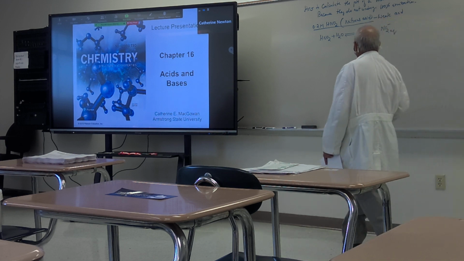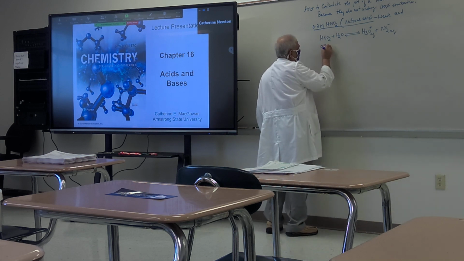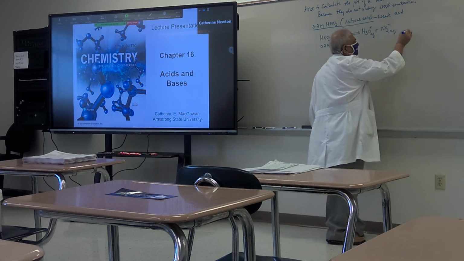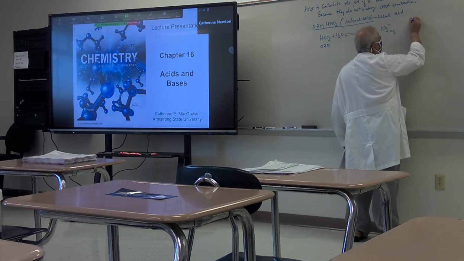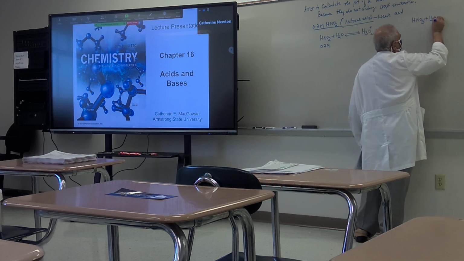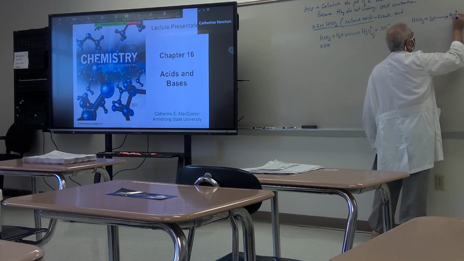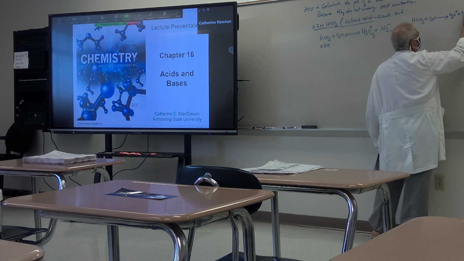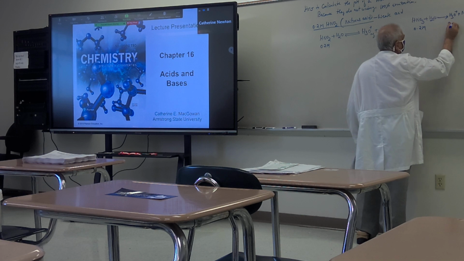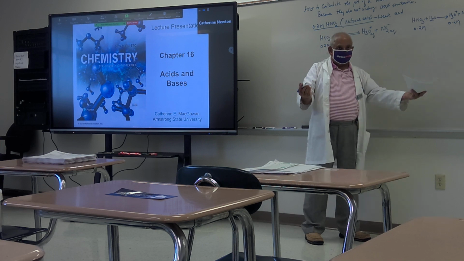So now, what is the initial concentration of HNO2? 0.2. You got it? What is the concentration of hydronium ion? Say if you were to take a strong acid like HNO3, for example. HNO3 plus H2O, I write a one-sided arrow because it is a strong acid, giving H3O+ plus NO3- (aq). If it is 0.2 molar, this should be 0.2 molar. Take the negative log of that, that gives the pH.